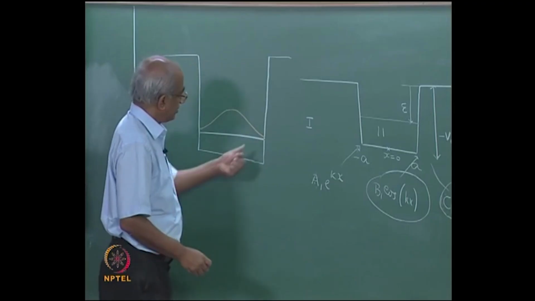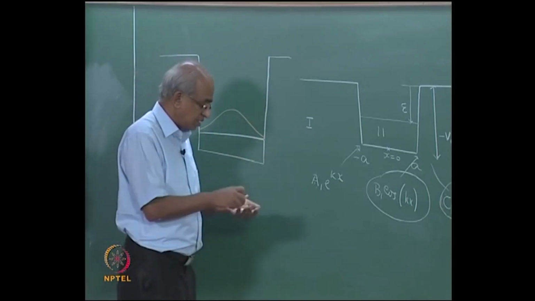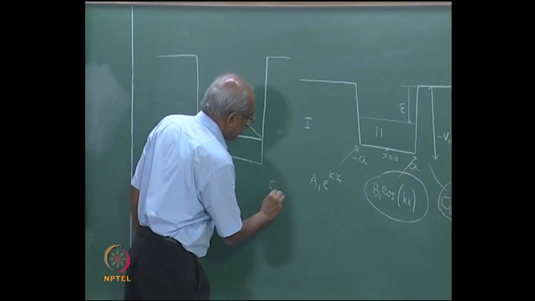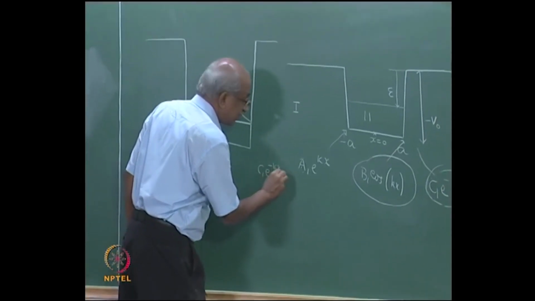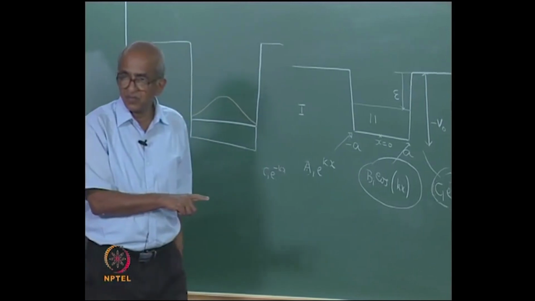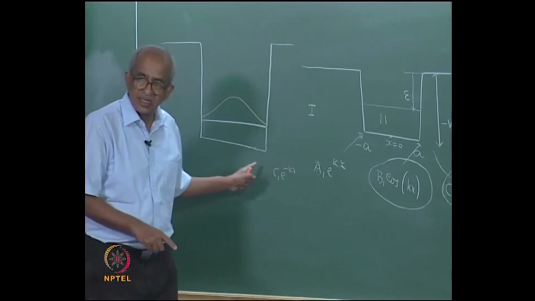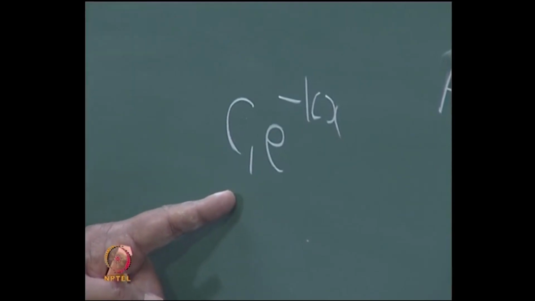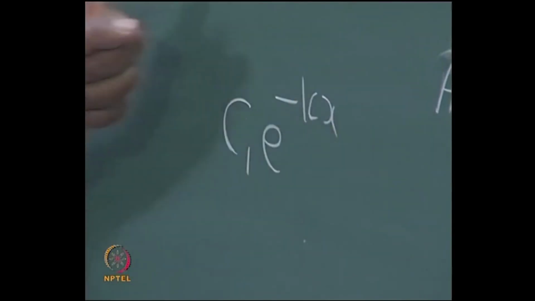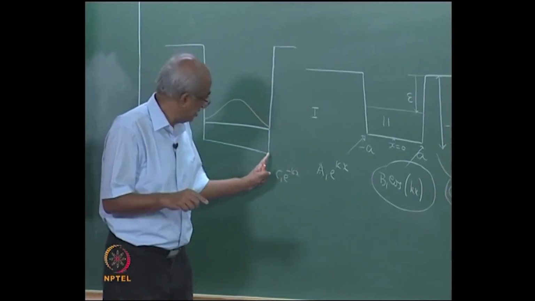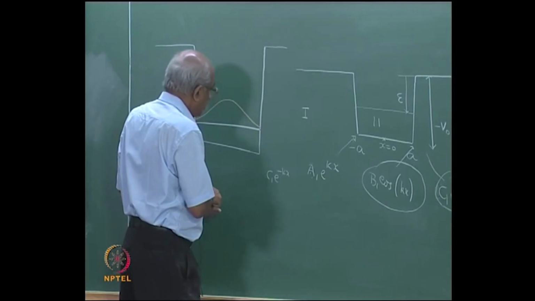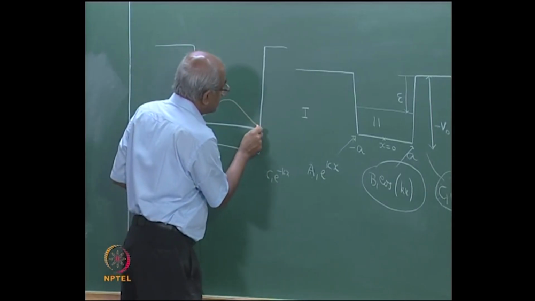Now, interestingly, if you look at the wave function in this region, how does it appear? The functional form is C1 e to the power of minus kappa x. So, in that region, the wave function is non-zero. Notice, it penetrates into this region, and therefore the function would decay in some such fashion. It would